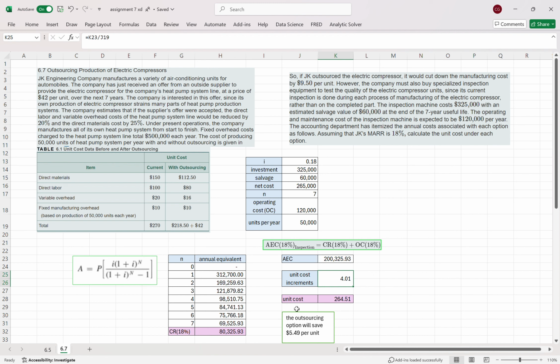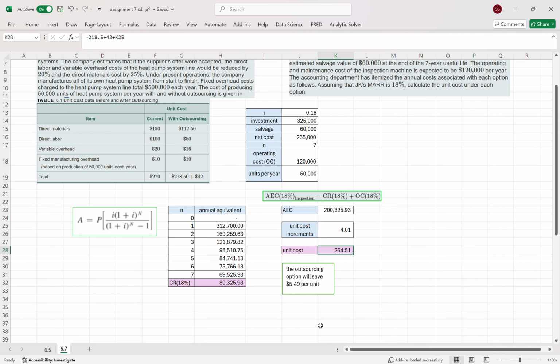So to find the unit cost with the outsourcing option, I just added the $218.50 and the $42 given in the table to the $4.01 unit cost that we found, taking into account the special conditions, and it turned out to be